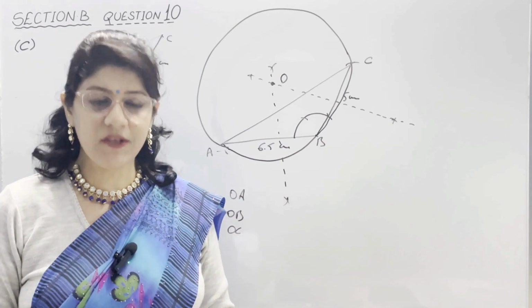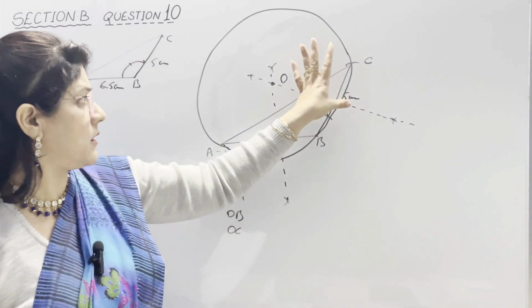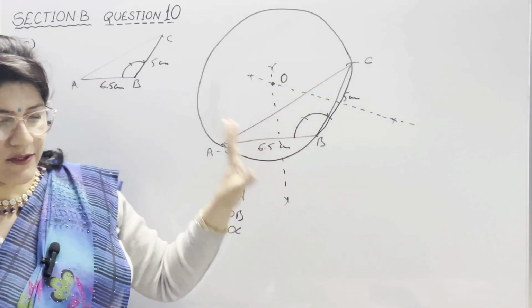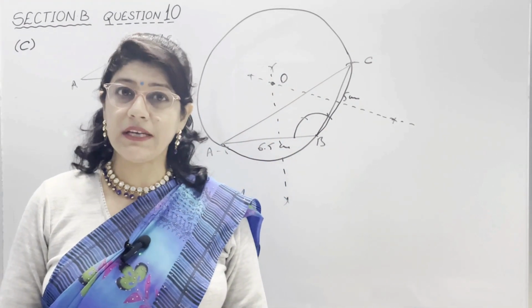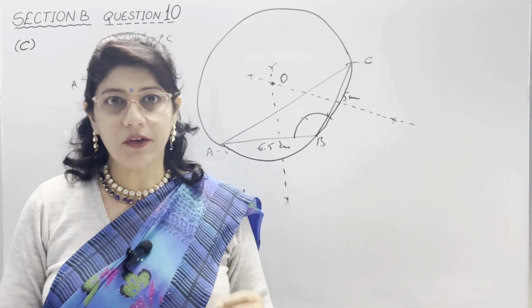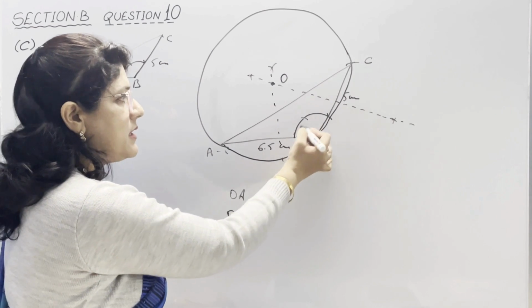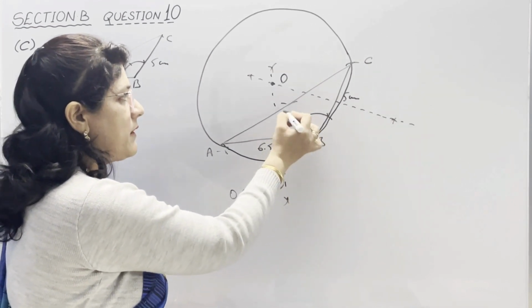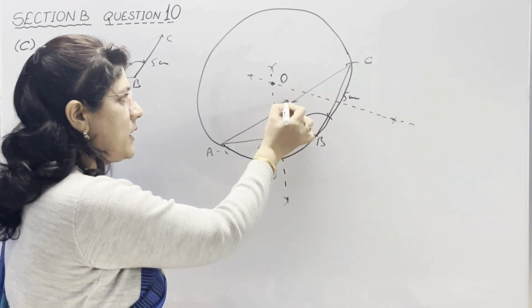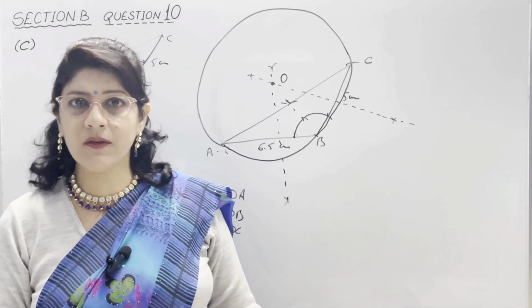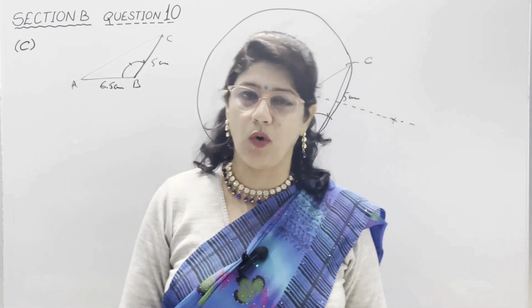With the help of the compass, you need to draw this circumscribing circle taking O as center and OA or OB or OC as radius. Draw it properly. And if an inscribed circle comes in the paper, then you need to draw the angle bisector. For the angle bisector, we will bisect these angles by placing the compass here and here, drawing an arc like this and then joining like this. If an inscribed circle is given, we draw angle bisectors; here it is circumscribing, so we will draw perpendicular bisectors only.